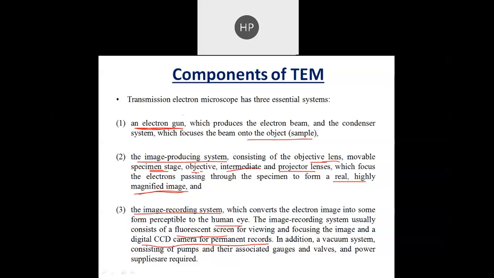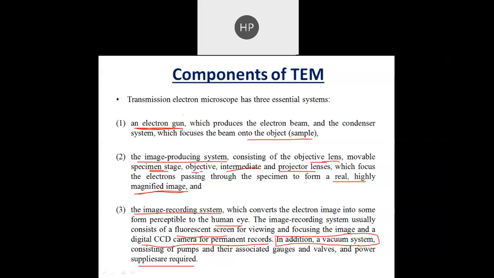Through this we can easily record and get the image. In addition, a vacuum system consisting of pumps and their associated gauges and valves, and the power supplies, are required. As we talked about earlier, the whole system will be under vacuum,